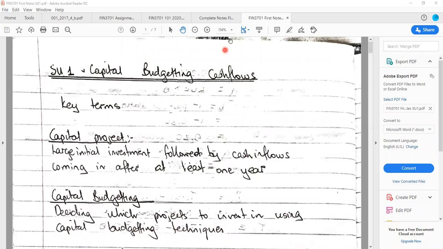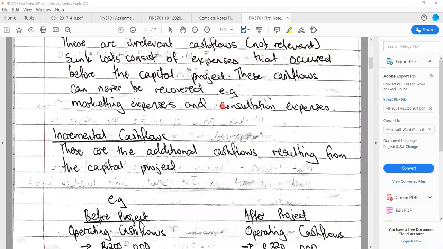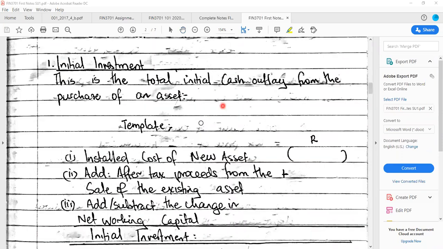In this video, I am going to look at the remaining part associated with capital budgeting, which is mainly an example on determining the initial investment. And then after the example, I'll take you through the operating cash flows and the terminal cash flow. So for an example on the initial investment, I'm going to look at a question from semester